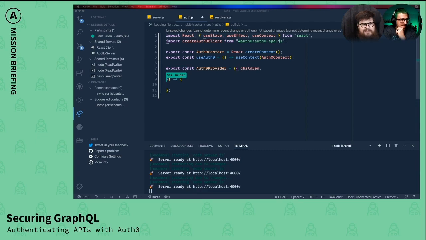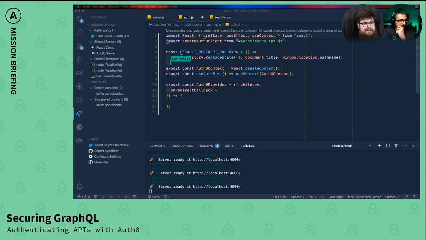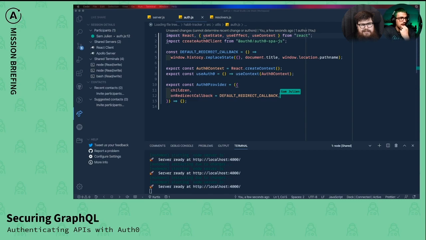Yeah. Okay, we're also going to need to define a redirect callback, and so we can have a default for that. And I'm just gonna copy this in. So what this is doing basically is, we have the ability, we're not really going to use it in this app because we're not doing multiple routes, but we have the ability to send the app back to where we started from when we start the login process. Okay. And that's what this is for. Interesting. It'll check, yeah, it'll check for